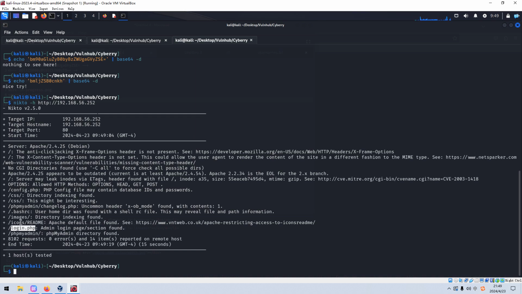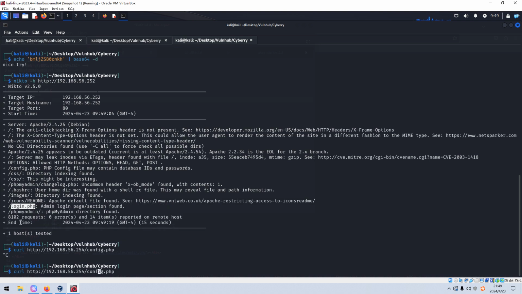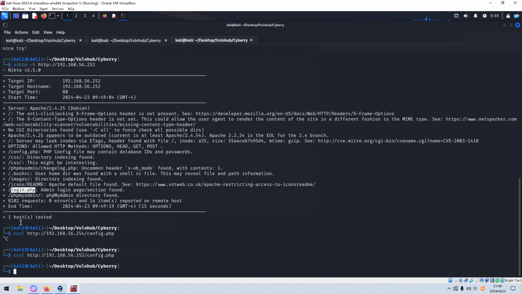And next one is config. We can use curl, the config. I think nothing, oh sorry, I mistyped the IP address of the target. Nothing returned. Oh, the PHP might mean, if we can find such phpMyAdmin which is running on the target,